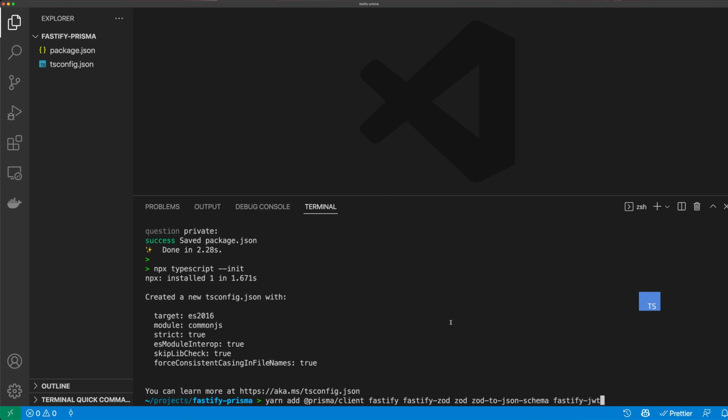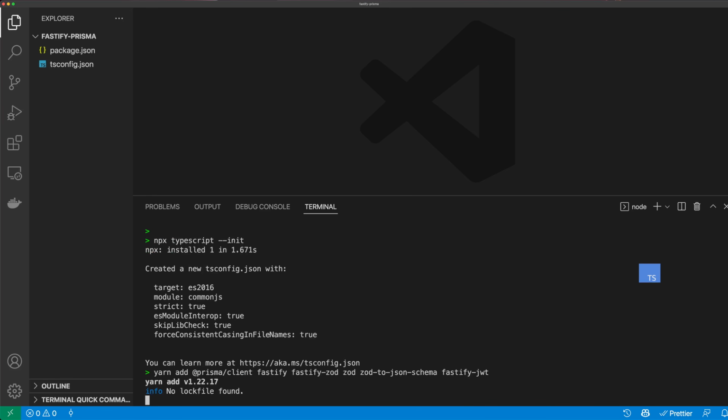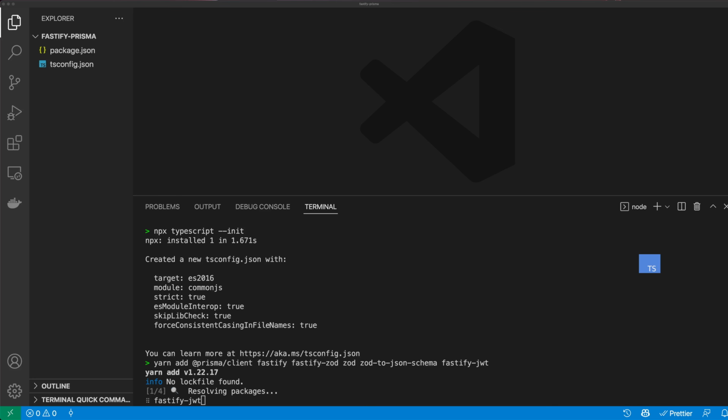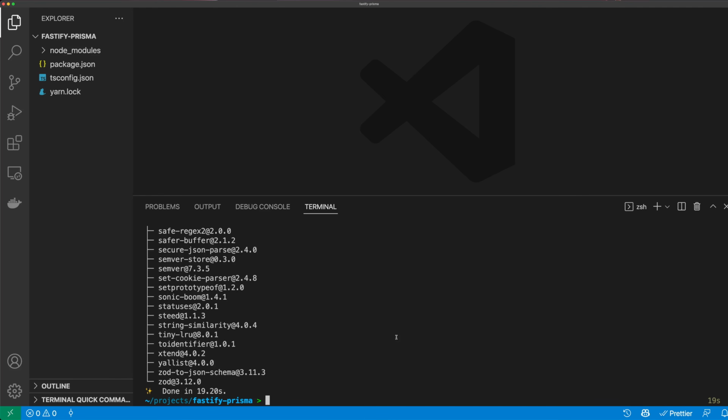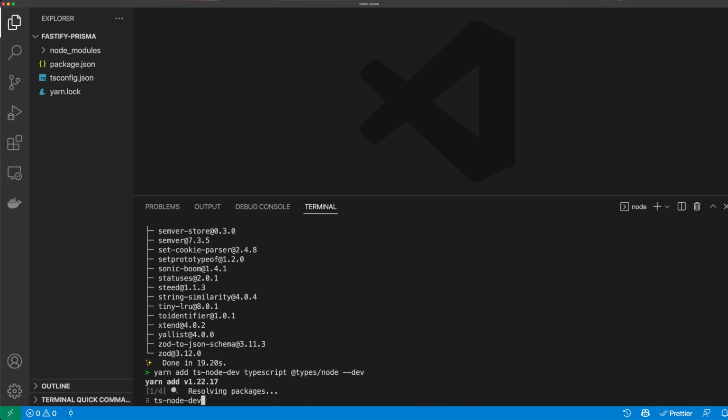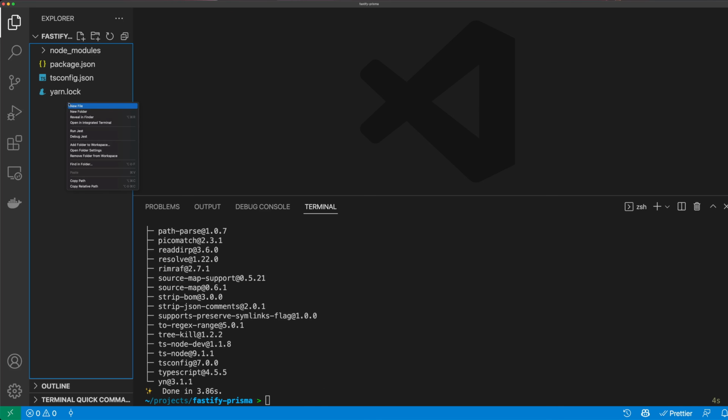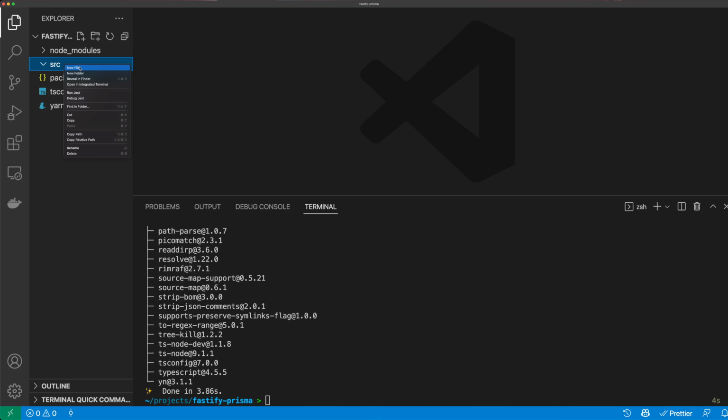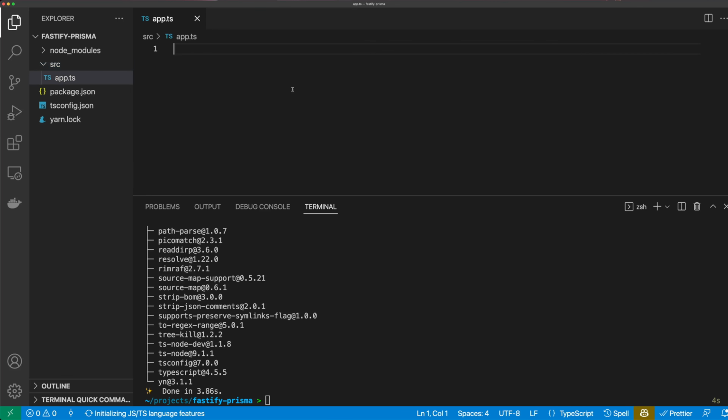The next thing I want to do is to install some dependencies. Again, get this yarn add command from the repository in the description below. Next, I'm going to install my development dependencies. Let's create a new folder, and I'm going to call this folder src. And then inside of our src folder, I'm going to create a new file called app.ts. And I'm just going to console.log